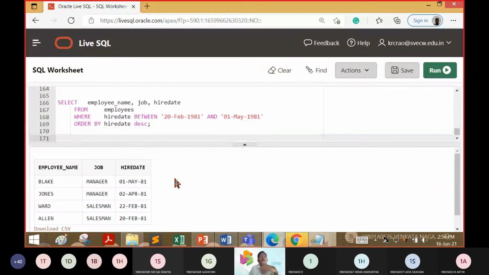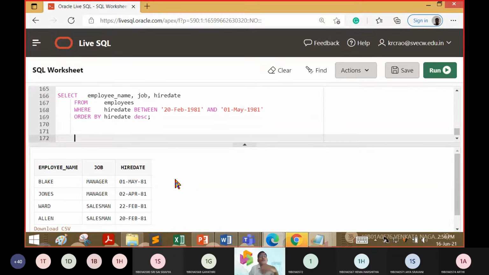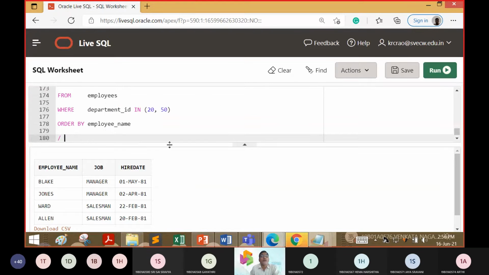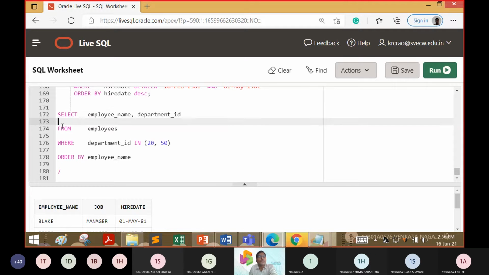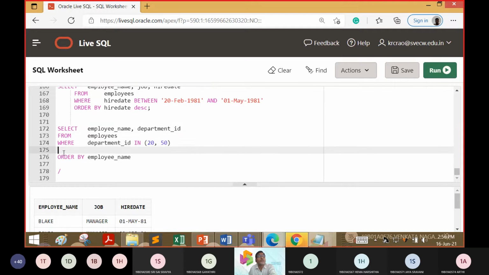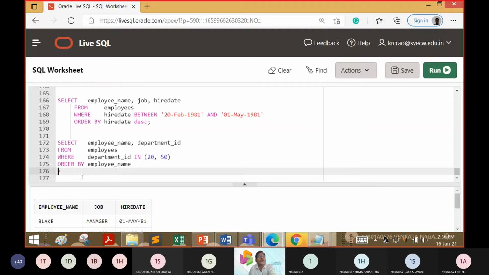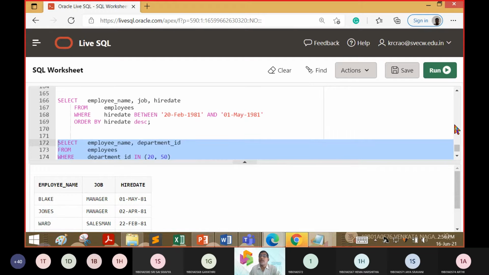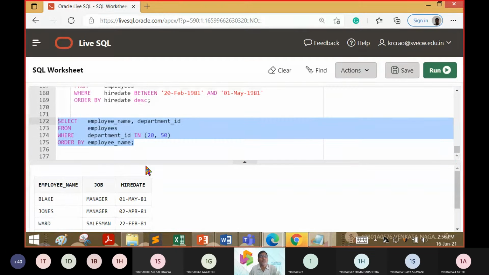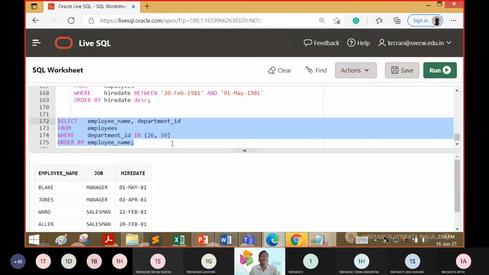Order by employee name. So now I am putting our query in line number 172. So now I am executing our query. You are expecting 5 rows, right? Yes, sir. So 5 records should come. And you are expecting Adams or people with names starting with A should come first. This is what your expectations are. So see whether SQL meets your expectations or not. So it is okay, right?